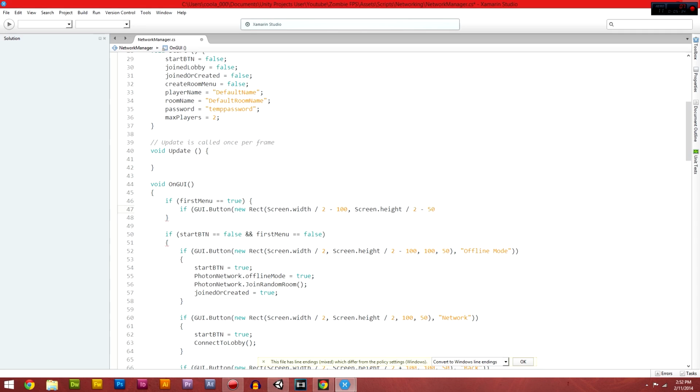Wait, actually, I want to group them, so maybe we'll do an x value, an integer value, something like that. So int